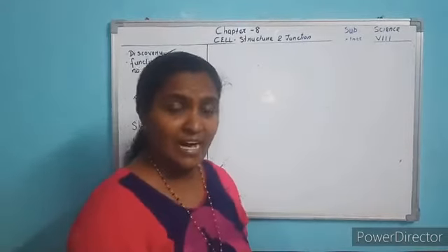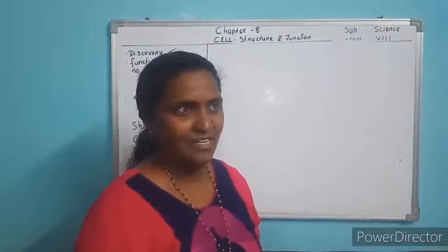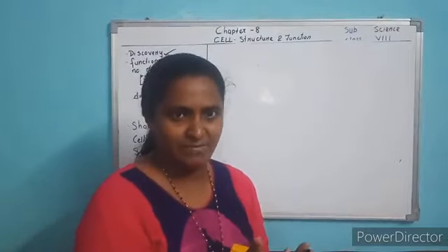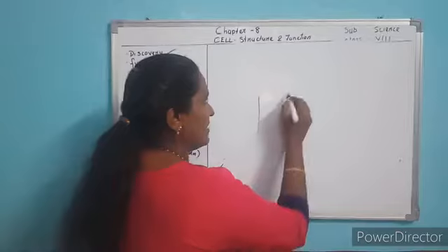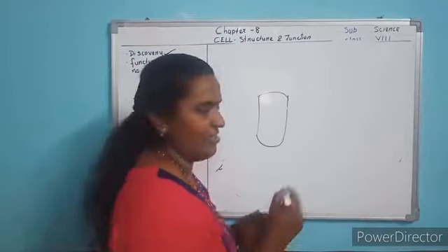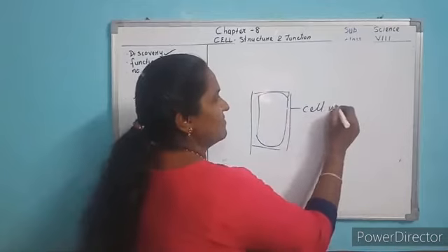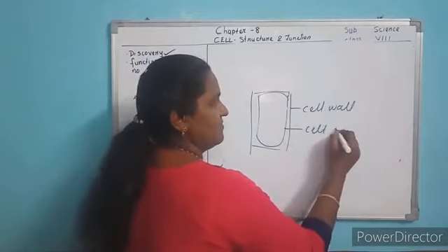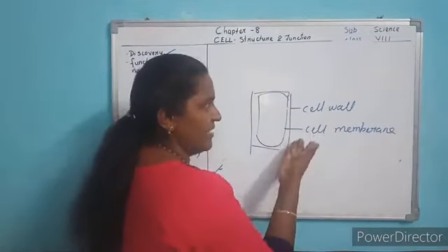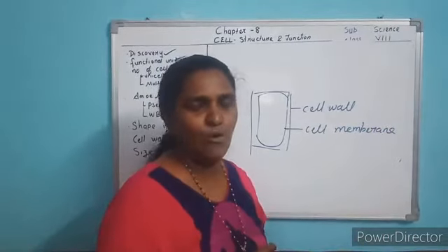Only plants have a cell wall. Plant cell has a cell wall. Animal cell doesn't. Our cells also have a cell membrane around them. In plants also, around the cell, the cell membrane is there. And one more extra protective layer is there, that is the cell wall. This is the cell membrane. All cells have a cell membrane, but a plant cell has one extra additional layer, that is the cell wall. The outermost layer is the cell wall.